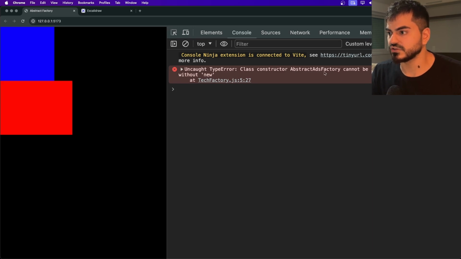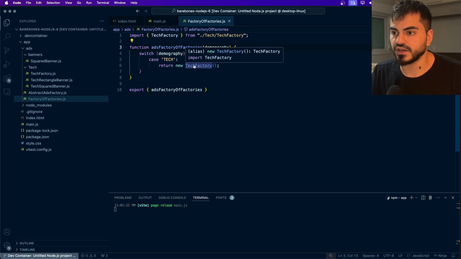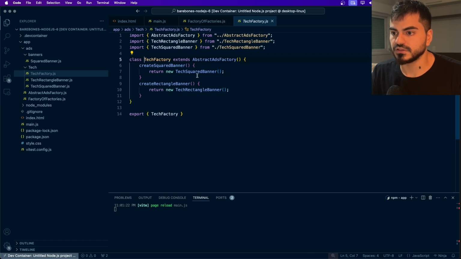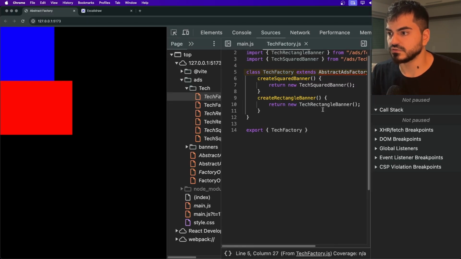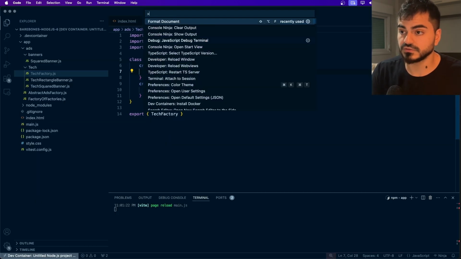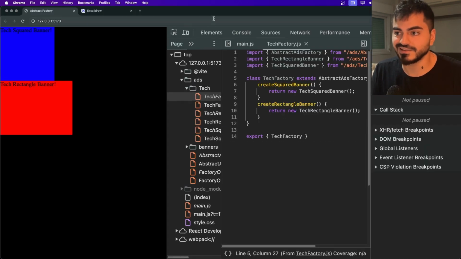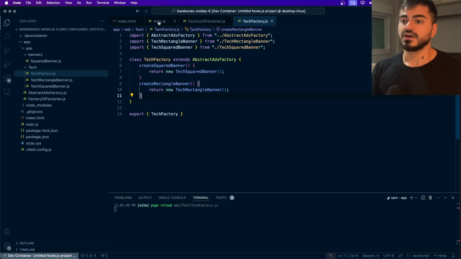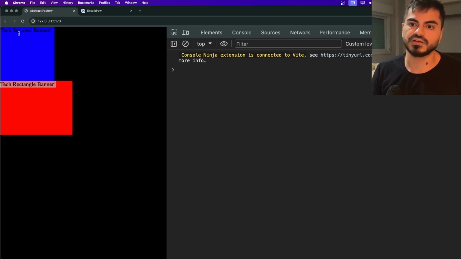Class with constructor cannot be invoked with no. I forgot something here, I think. Yeah, return new tech factory. Return new squared banner. Class constructor abstract adds factory cannot be invoked without new extends abstract. Yeah, weird error. I invoked the class directly here. Now it's working. So now we have, as you can see, the rectangle banner and also the square